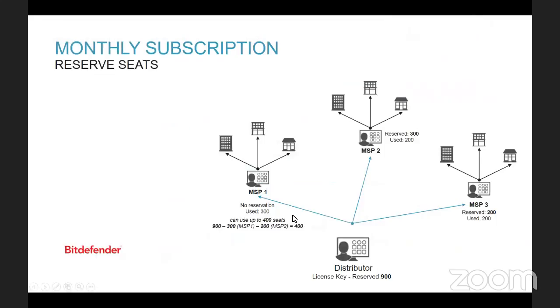The distributor is going to bill you. You're going to bill your end user. But if you don't put a reservation on the number of licenses that any one of these entities have, then let's say customer 1 tells you that they have 100 licenses, but they deploy 150. You're going to receive a bill for 150. Putting the reservation in place allows us to limit the amount of licenses that each person can install, preventing you from getting,